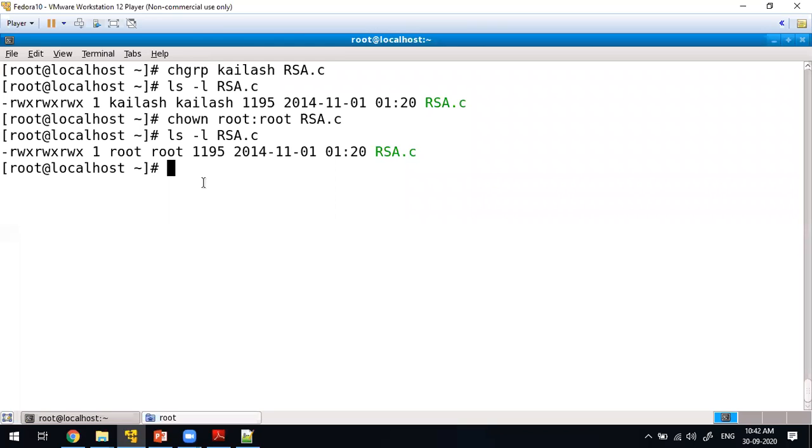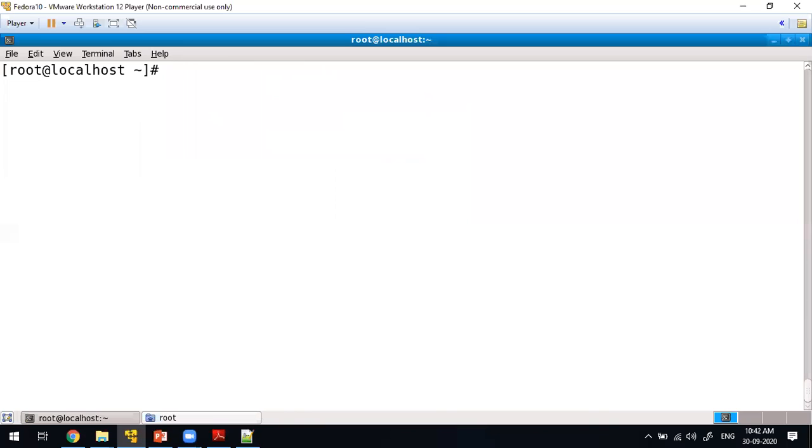If you have any doubts, you can ask about these things. Chmod -r, chmod absolute way of changing the file permission, chmod relative way of changing the file permissions, then changing the directory permissions. What is the default directory permission? And the next thing is changing the owner, chown space new owner space file name.